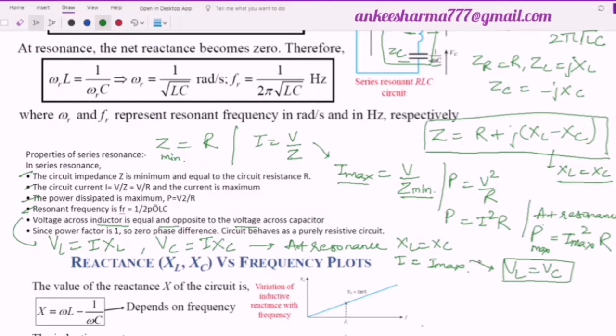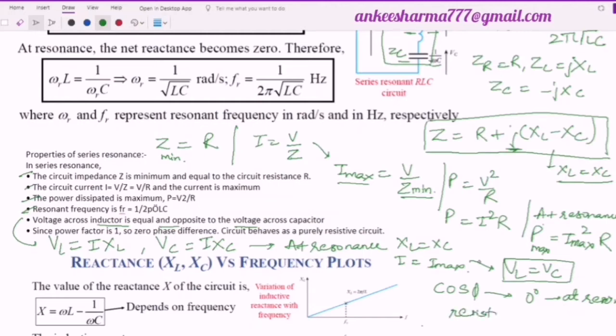Last one is the power factor. What is the power factor? It is cos of the phase difference between the voltage and the current. If I take this phase difference as phi, then definitely the value of phi will be 0 degree at resonance. Why is it 0 degree? Because at resonance, the effect of the reactive inductance and the reactive capacitance cancel each other out, and the total reactance will be equal to 0. Or you can say the imaginary part in Z will be equal to 0, where you will be left with only a resistive network.